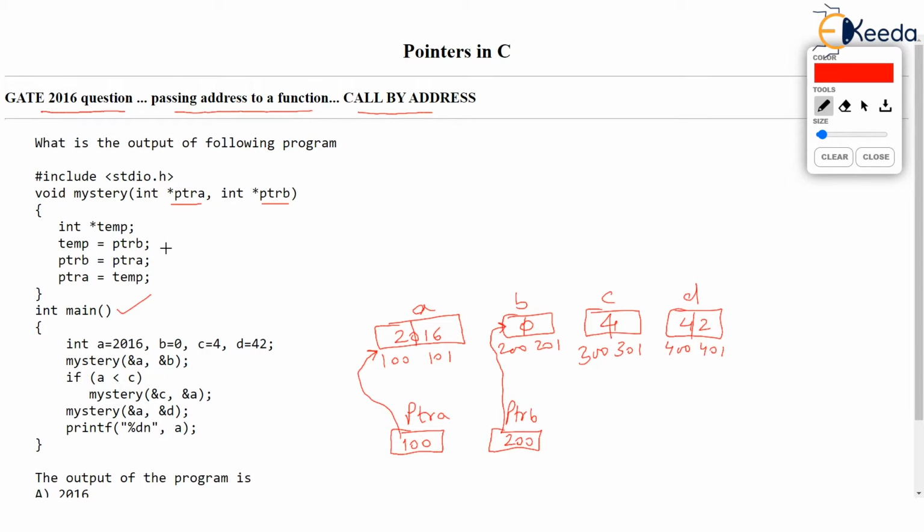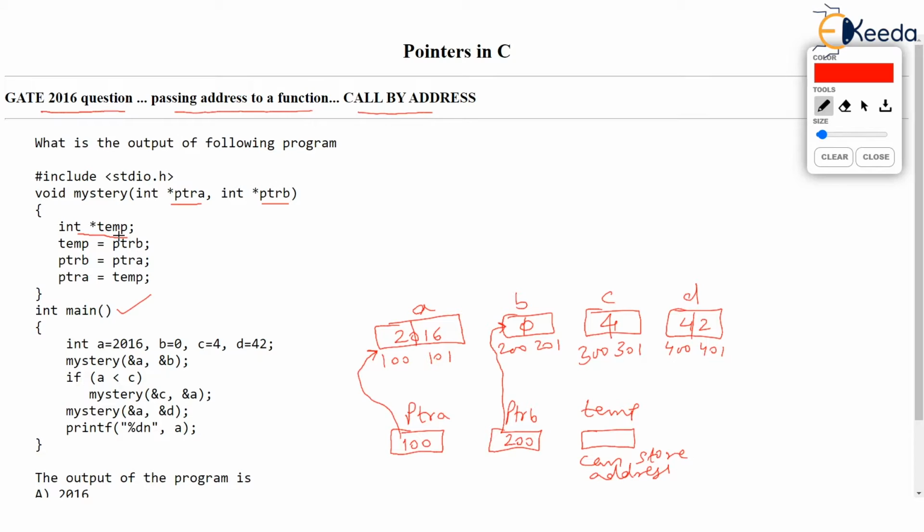Now this is really a mysterious function, where we should understand what happens when we access a pointer using asterisk and what happens when we access a pointer without asterisk. Let's see. There is one more pointer declared inside the function, int pointer temp. So in the function here, we have a temp which is again a pointer. Now remember, temp is a pointer and it can store only an address. Remember this.